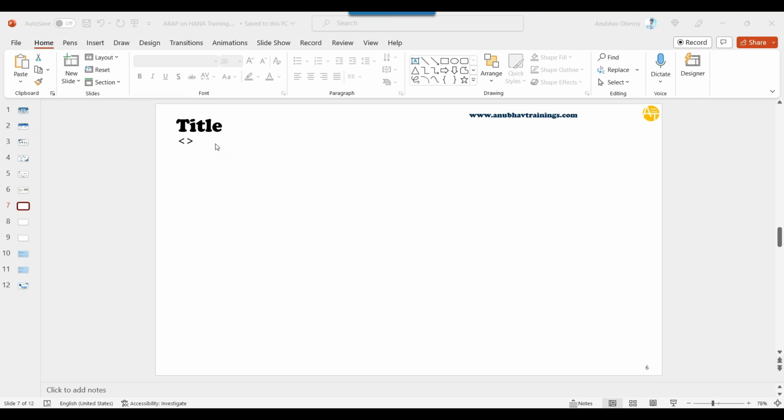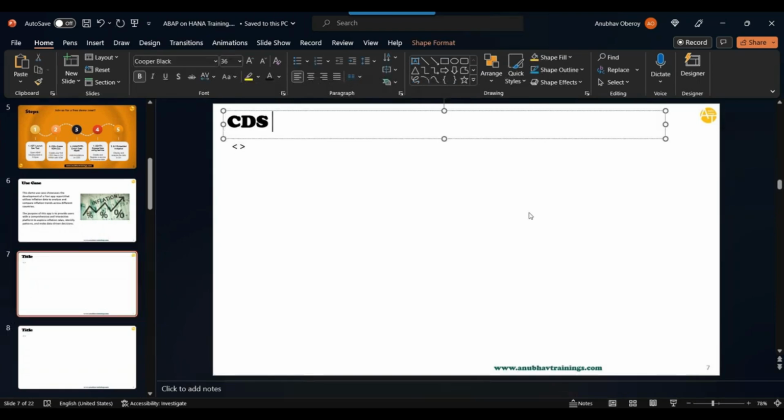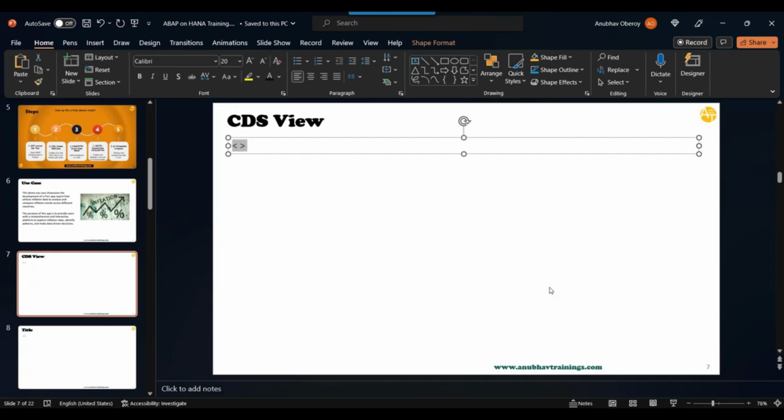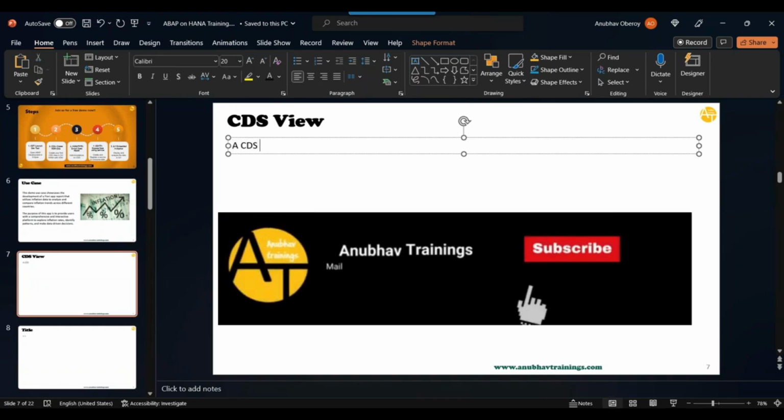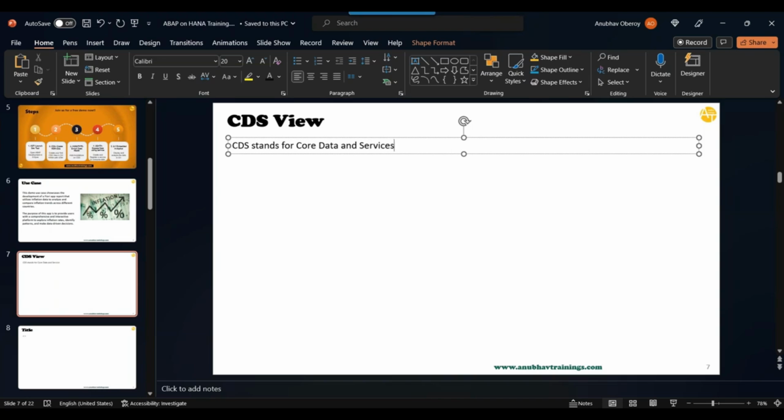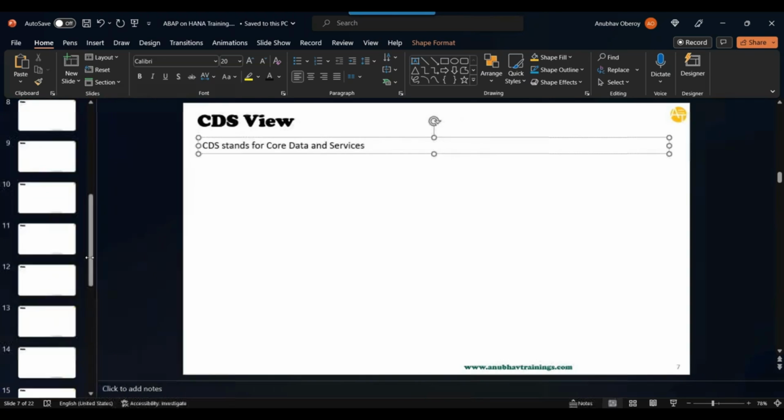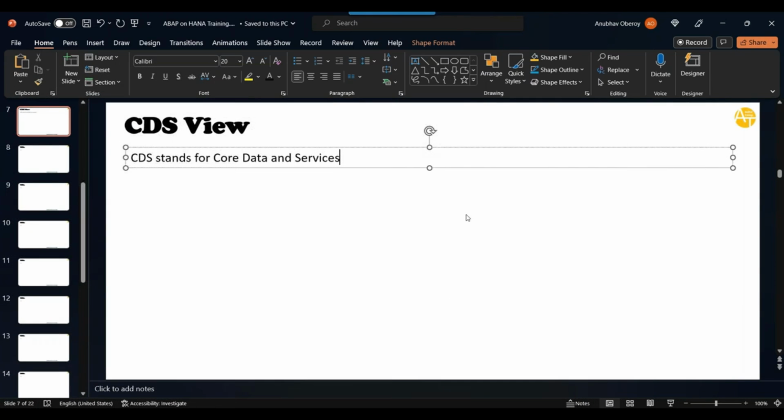So I'm going to introduce now what is CDS view in a nutshell. So let's talk about CDS view. CDS stands for Core Data and Services. It is the new technique in S/4HANA to build applications. So Core Data and Services is an extension of